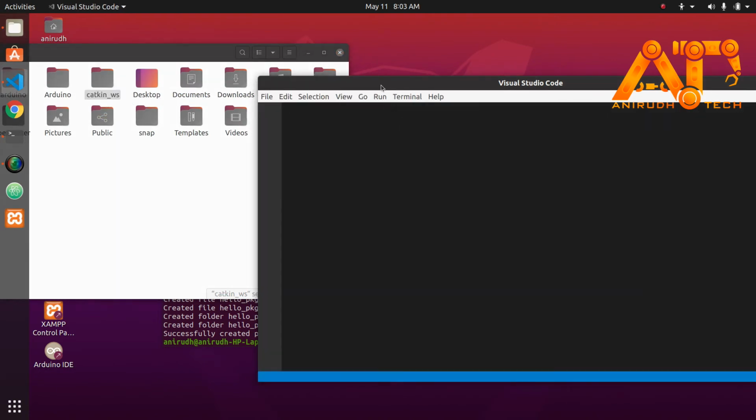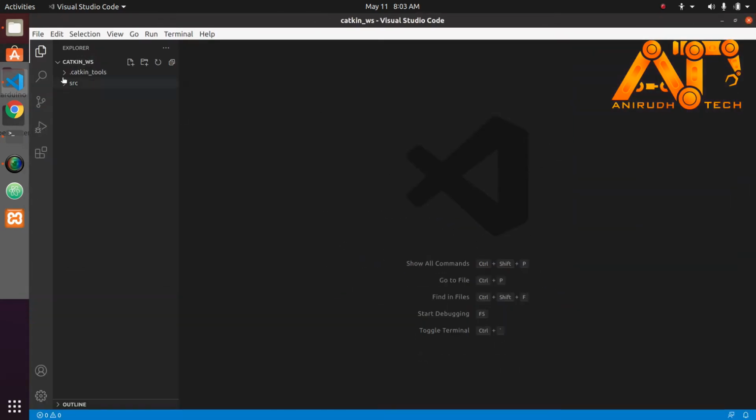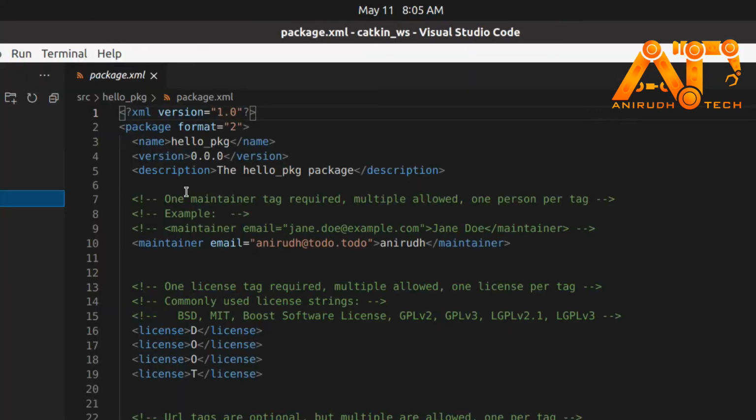Yeah, and you can see here catkin underscore ws and src. Inside that you can see our other src folder, where we want to create our node. You can also see two other important files, CMakeLists.txt and package.xml. Okay guys, then what is the need of package.xml? In the package.xml we can specify a lot of extra information for ROS to treat this as a package.